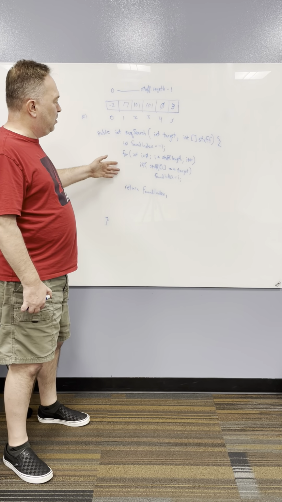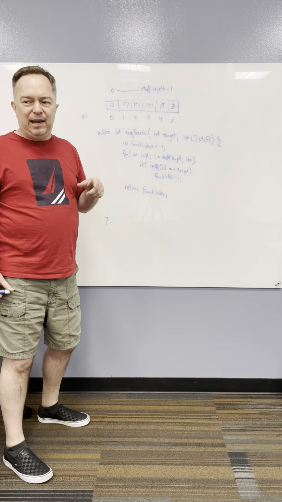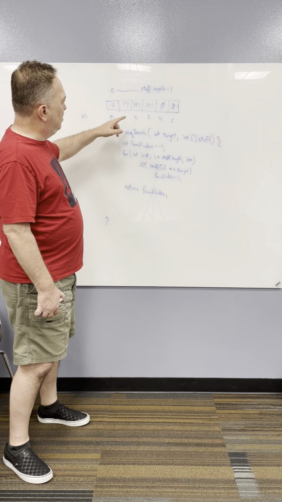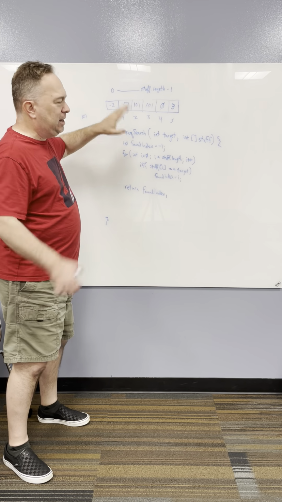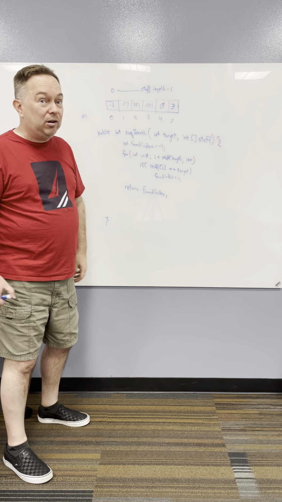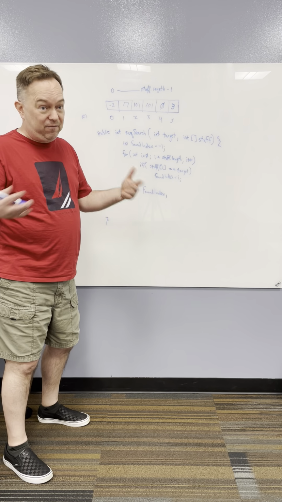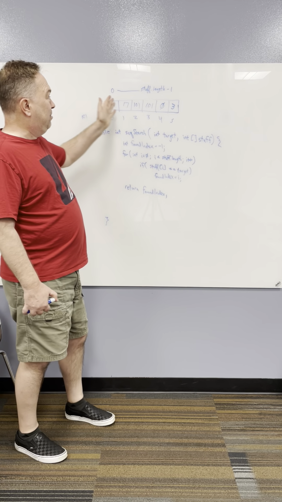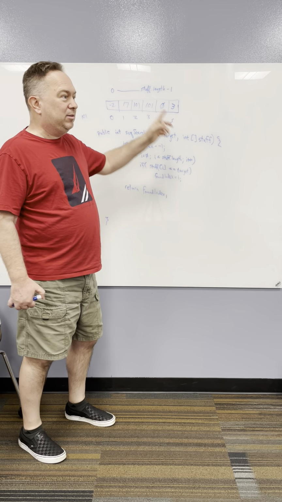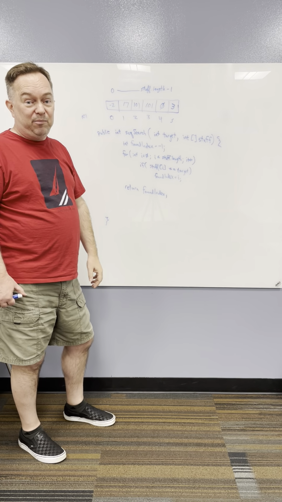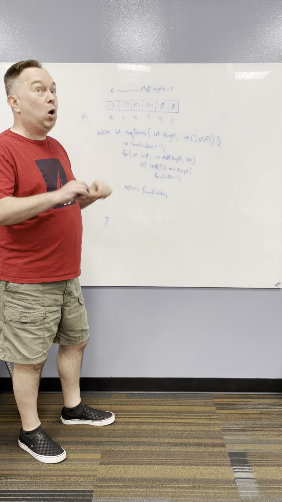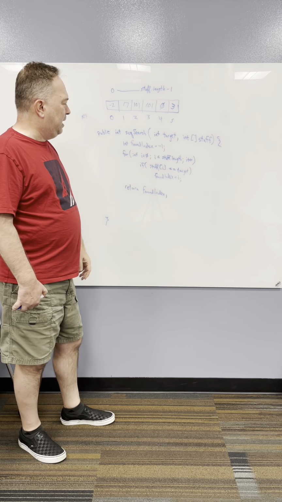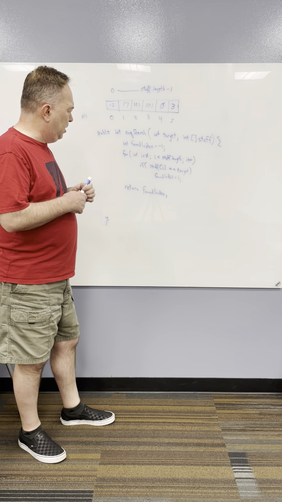Another problem with this one is it's going to potentially waste a lot of time. You're going to look at every single one of these boxes, even after you found it. So let's say I get to 2 here and I found it, yay, I could be done. I don't have to go further. It didn't say find all of them, it just said find one. So I could ignore the rest of this array, and what if this was like 100,000 elements long? That could be a lot of work I could save myself. But this implementation is going to go through all of them, even after I found one. So there's a couple of ways you could fix that. It's not in your book, but